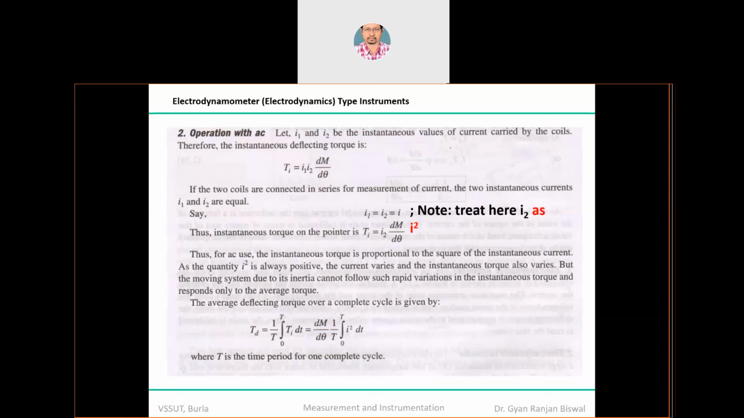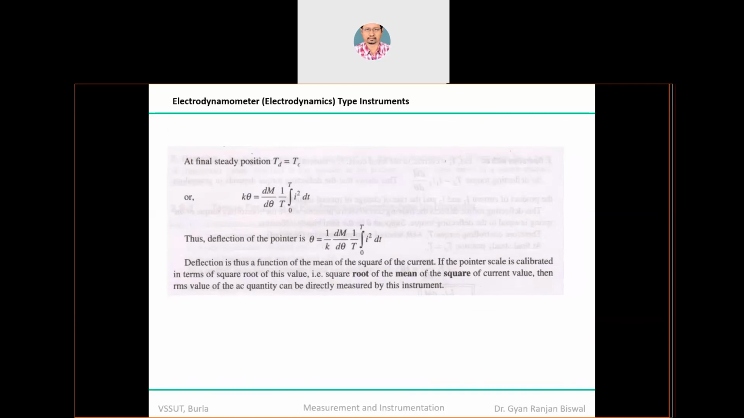So therefore, the modified TD can be written as (1/T) ∫ from 0 to T of Ti dt. Now Ti is I1 I2 dM/dθ, or I² dM/dθ, because dM/dθ is constant. Whenever the pointer experiences a steady state condition, it can only occur when the control torque is equal to the deflection torque. If you compare both statements, θ is 1/k, which is a constant,